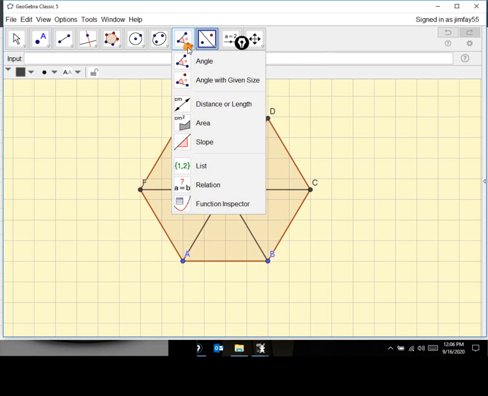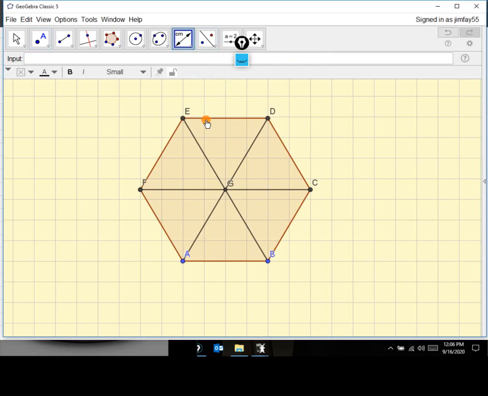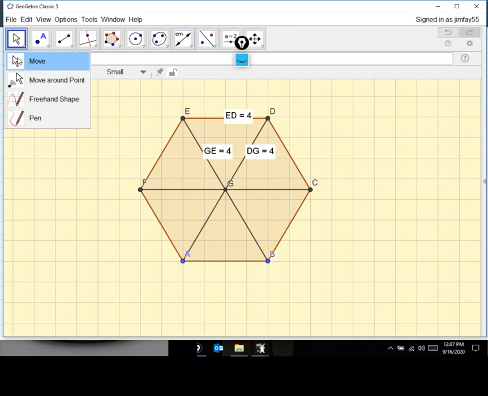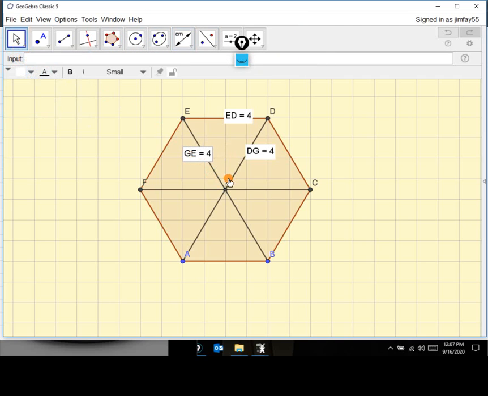every time we draw a hexagon, if I look at E to D, D to G, G to E, all those segments are equal. So we came up with what we call an equilateral triangle inside there. You guys have heard that word before, right? An equilateral triangle is also an equal angular triangle, and they knew this. They knew they could measure this, and they found out that that angle right there,